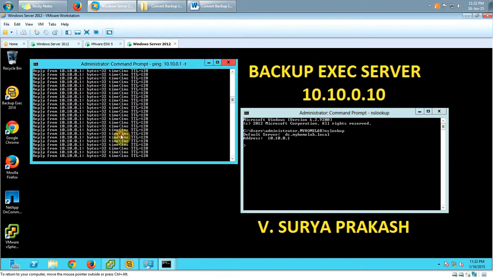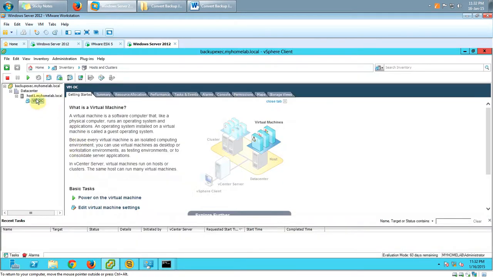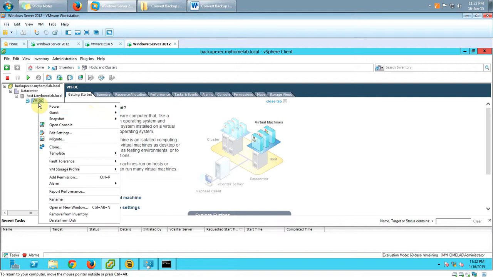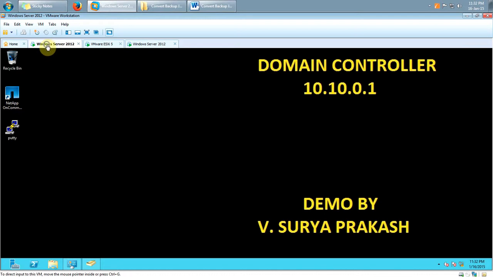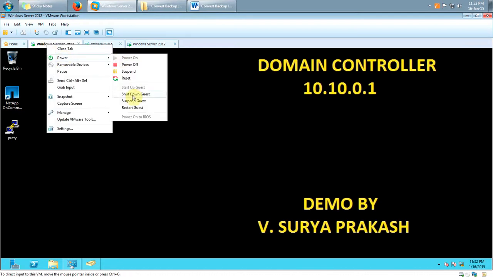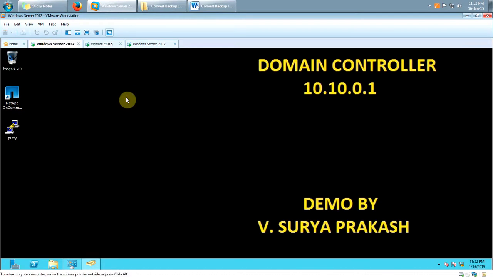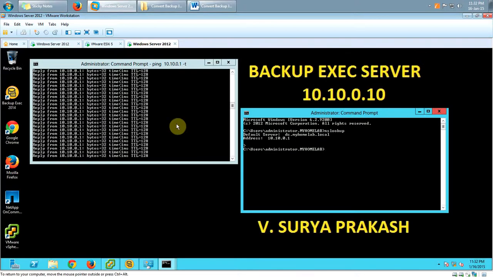There you can see I could ping my domain controller and I have already run an NS lookup. And the virtual machine which we have converted is still in the power off state. I haven't powered it on. There you can see it's still in the power off state. So I am going to right click and initiate a shutdown for my domain controller. Now you could see that my backup exe server will try to make a ping,